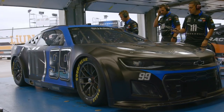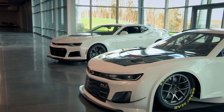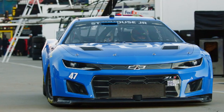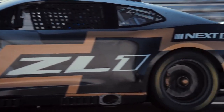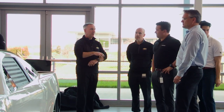So the styling and how the hood's shaped gave us an opportunity to take advantage of some of the shapes that are unique to Chevrolet. Obviously, connecting the track to the showroom is a huge part of that. Every significant body character line is captured, from the hood to the nose, down the sides of the car. And really, the ones that have helped us to do that is NASCAR, because part of the approval process